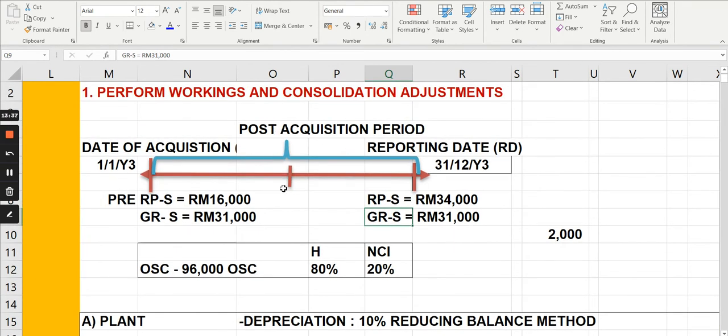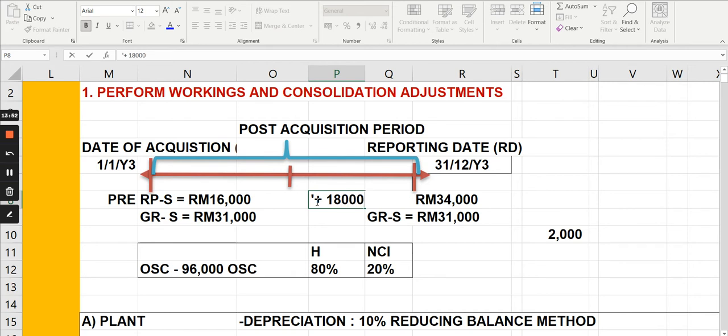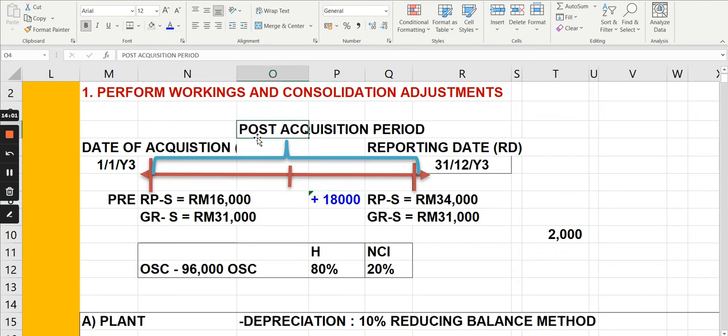Because during the post-acquisition period, you have an increase of, I put the plus sign there, an increase of 18,000. So that increase of 18,000, if you add up with 16,000, this is the post-acquisition figure. So the post-acquisition profit is 34,000, because retained profit at the beginning of the year